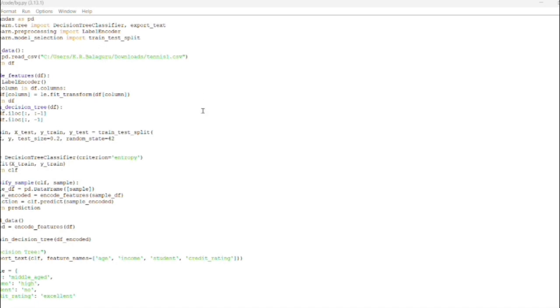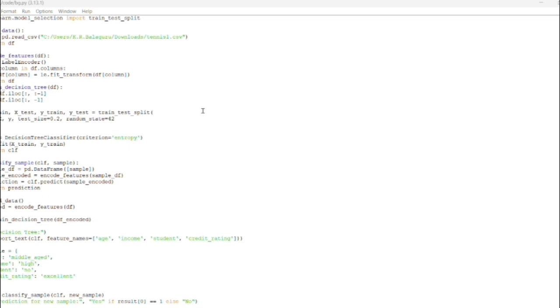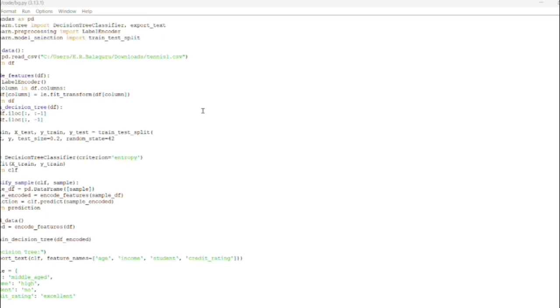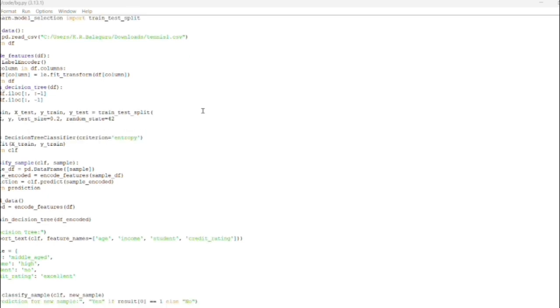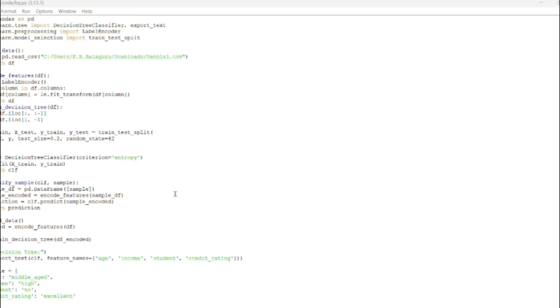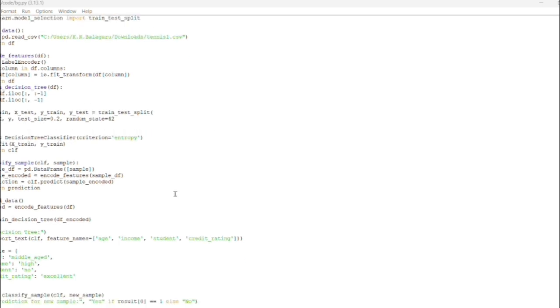In the main part of the program, I first call the load_data function to read the dataset. Then I encode the dataset using the encode_features function. After that, I train the decision tree model using the encoded data. Next, I print the structure of the decision tree using export_text so we can see how the model makes